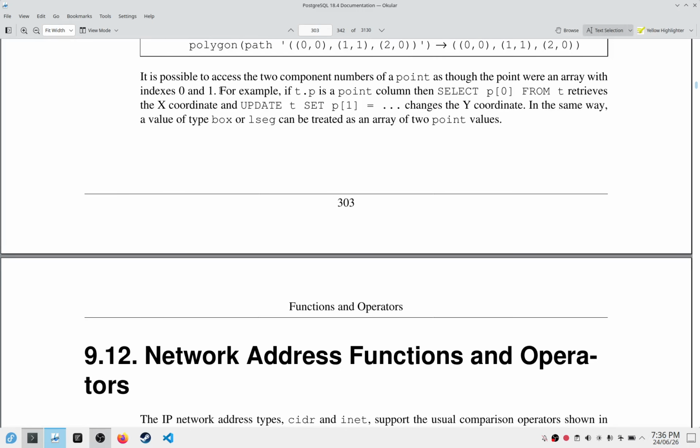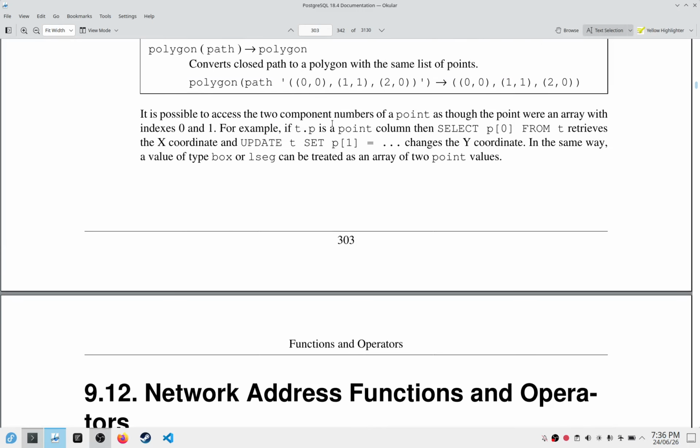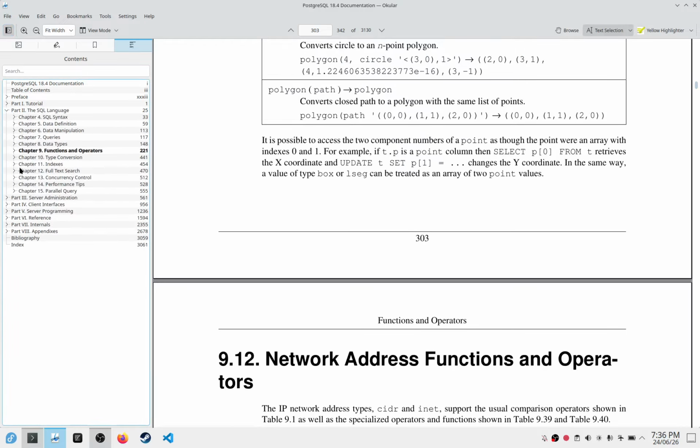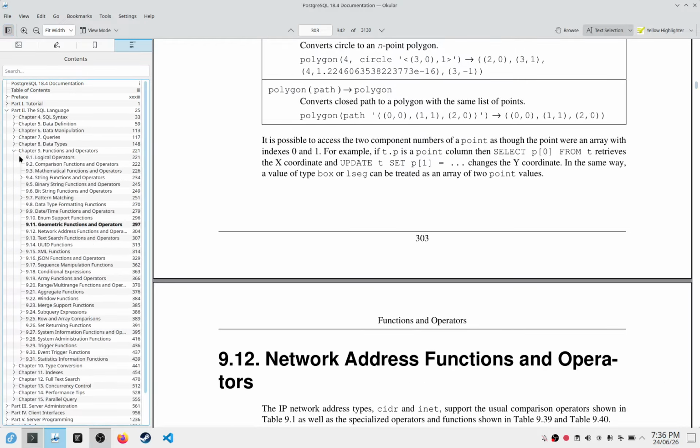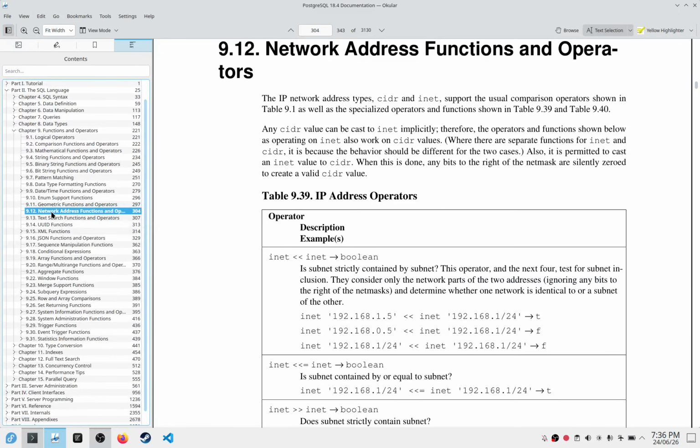It is possible to access the 2 component numbers of a point as though the point were an array with indexes 0 and 1. For example, if t.p is a point column, then select p[0] from t retrieves the x coordinate, and update t set p[1] equal to something changes the y coordinate. In the same way, a value of type box or line segment can be treated as an array of 2 point values. And with this, we finish the geometric data type functions and operators,